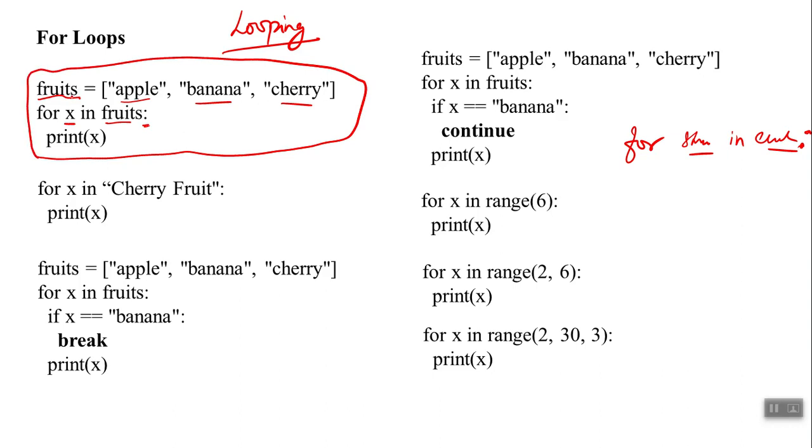In a for loop, I'll have a list. This is called a list. We'll see that in the next class. A list can be like an array. In that array I'll take each and every value and print it, right? So x, the first value, index value is 0. So x in fruits, what is index 0 in fruits? Apple. Next one will be incremented, then banana and cherry will be printed. This is how the for loop will be executed.